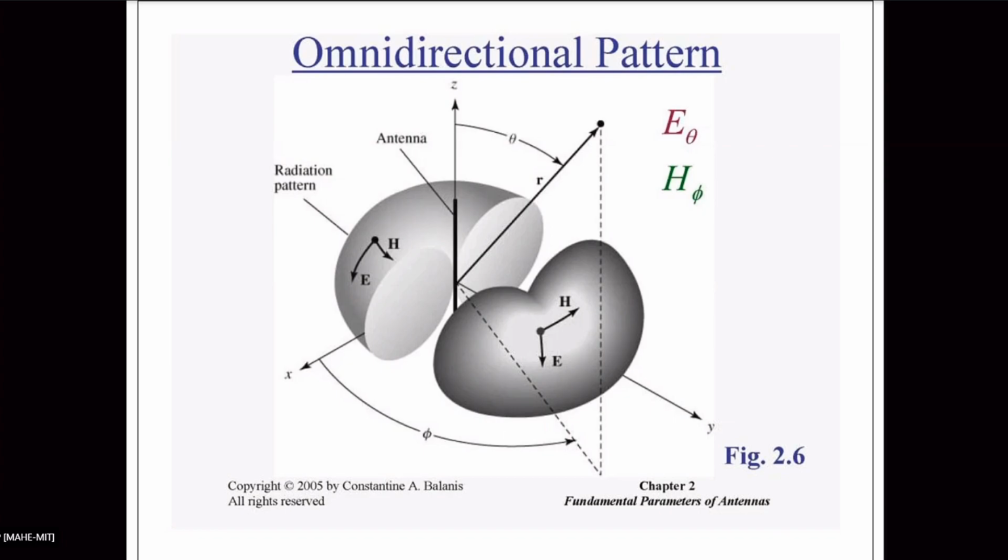So each point will not see an identical situation. Electric field is dependent on the source. Source is the current flowing in the antenna. So every point will not see an identical situation as far as the source is concerned. So the electric field will vary from point to point. That's why we get a pattern.